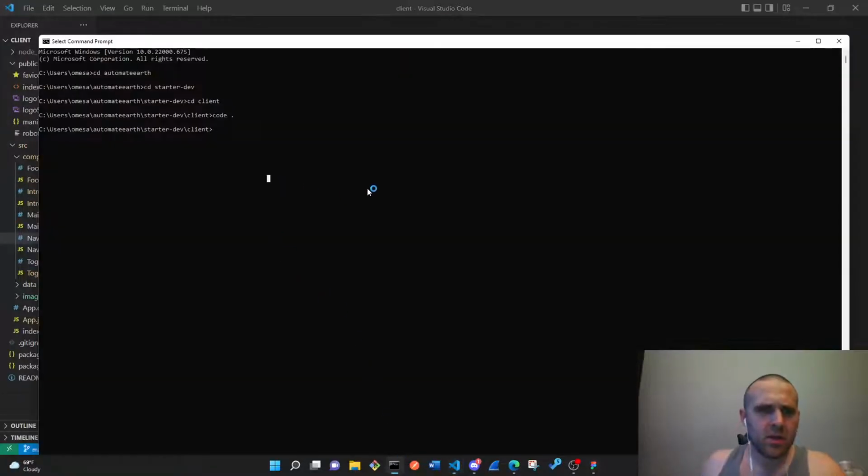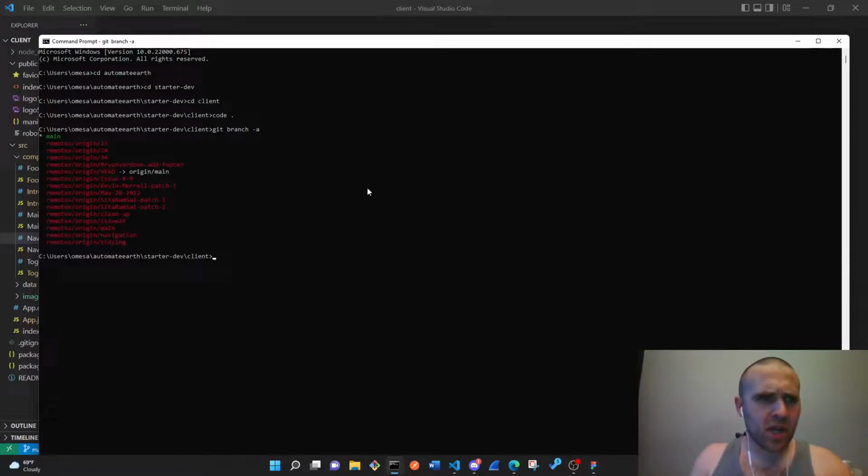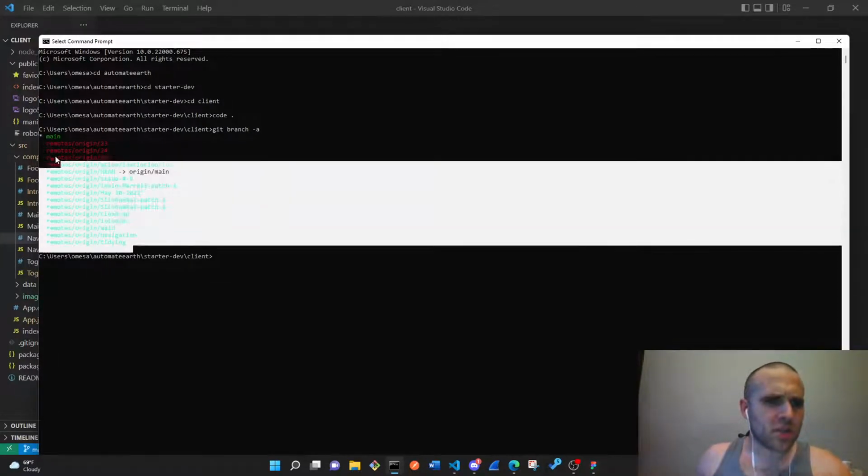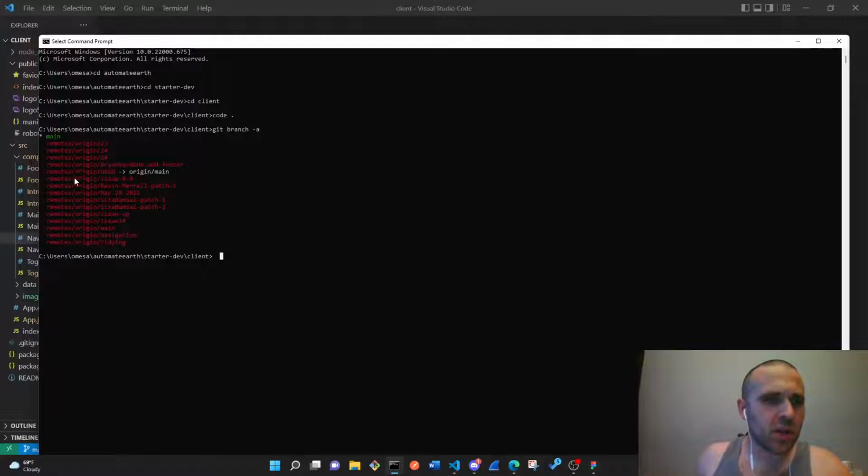If I run git branch -A, it's going to show me all the branches on this repository right here, locally at least. The only one I have locally is main, so I'm going to create a new branch with git checkout -b for branch, and then we will call it